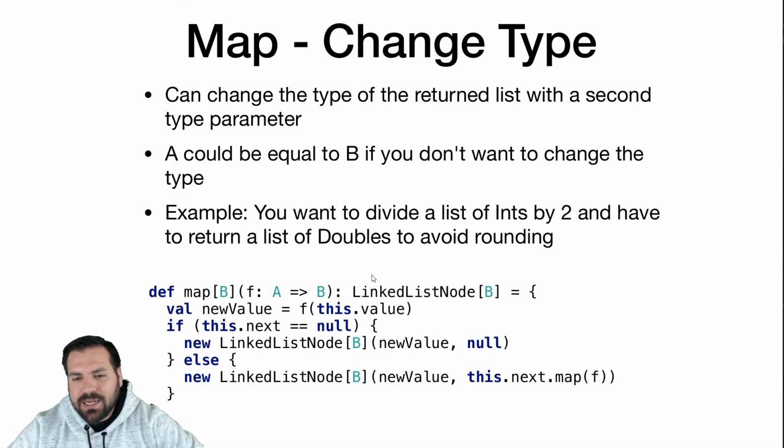Something I didn't show in functional programming, but we can actually change types of map. We did see changing types of map just using this, but 2 type parameters is what I didn't show. So the linked list node class has a type parameter A. We can actually have a method that takes a different type parameter, and this is if we want to call map with a function that changes the type of the list. If we want to change the type from A to B, we give it a function from A to B, take another type parameter, return a linked list node of B, and then everything else is the same as our original map function, map method.